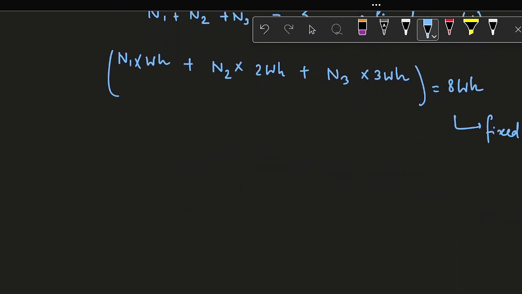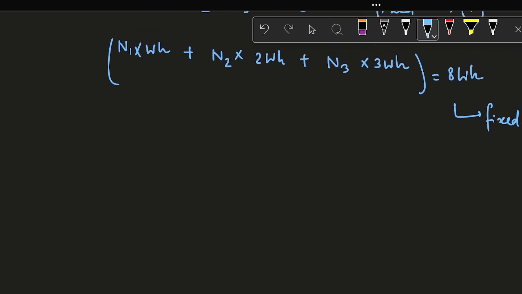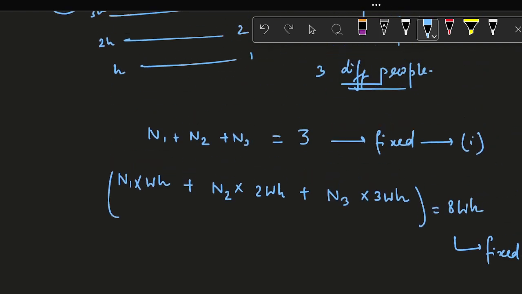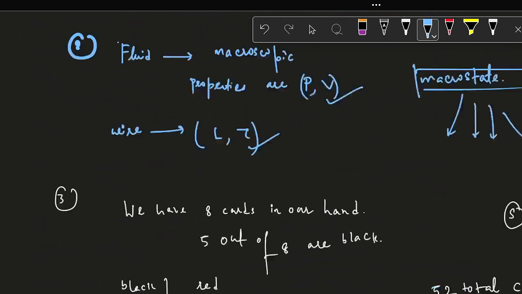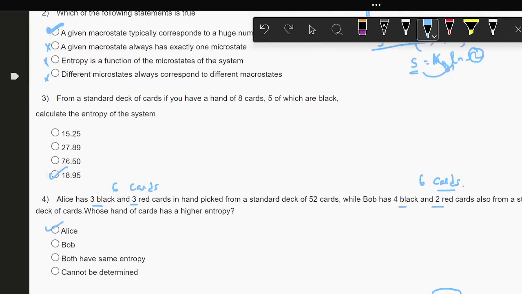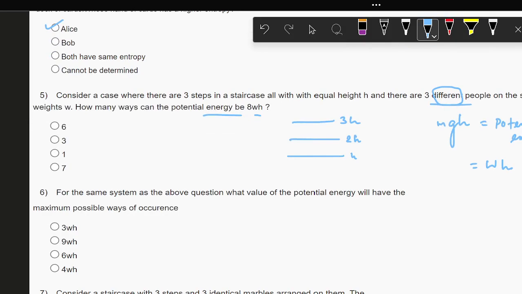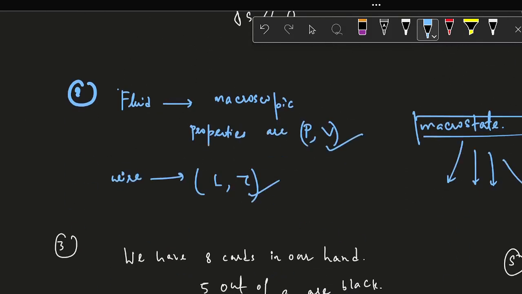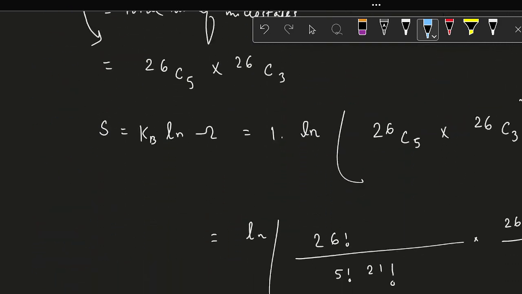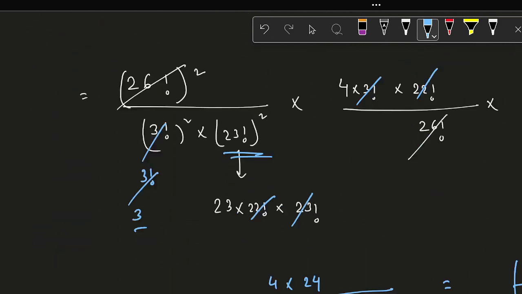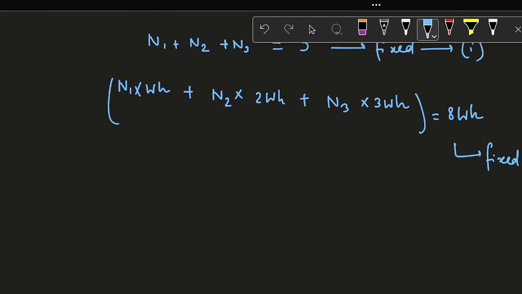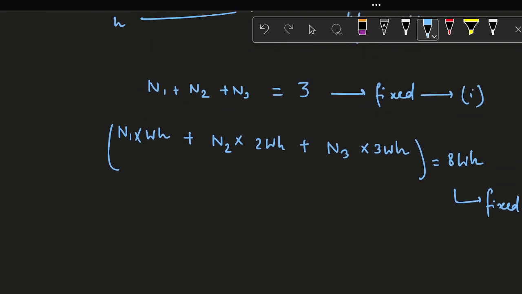Okay. So now we have to look at the question once. What is being asked is: how many ways can the potential energy be 8 Wh? That means you are asked the number of microstates, or the number of ways to arrange it so that the potential energy becomes 8 Wh, right? So